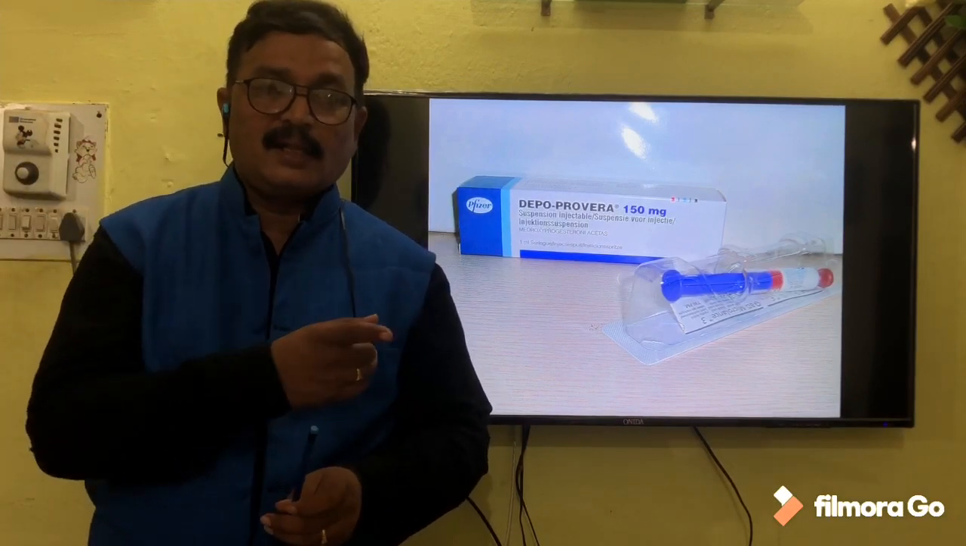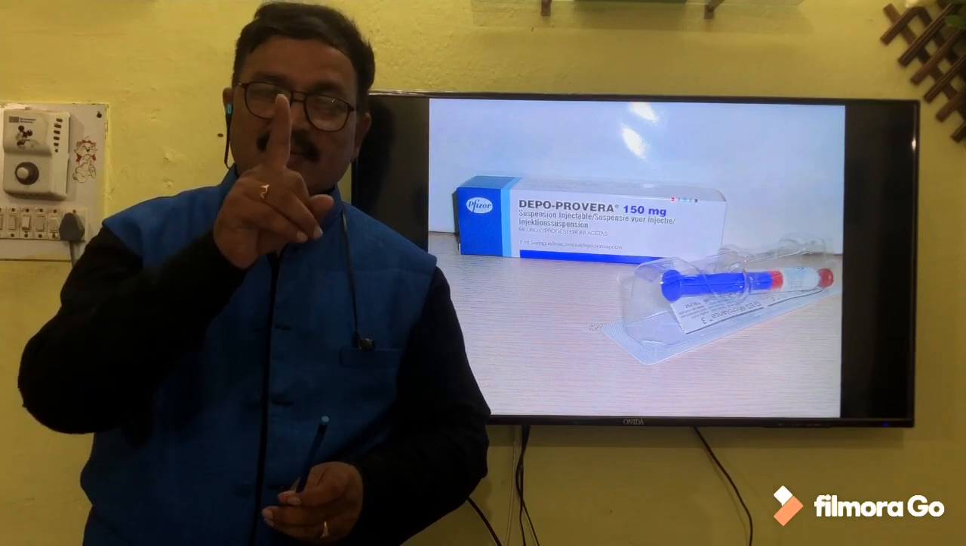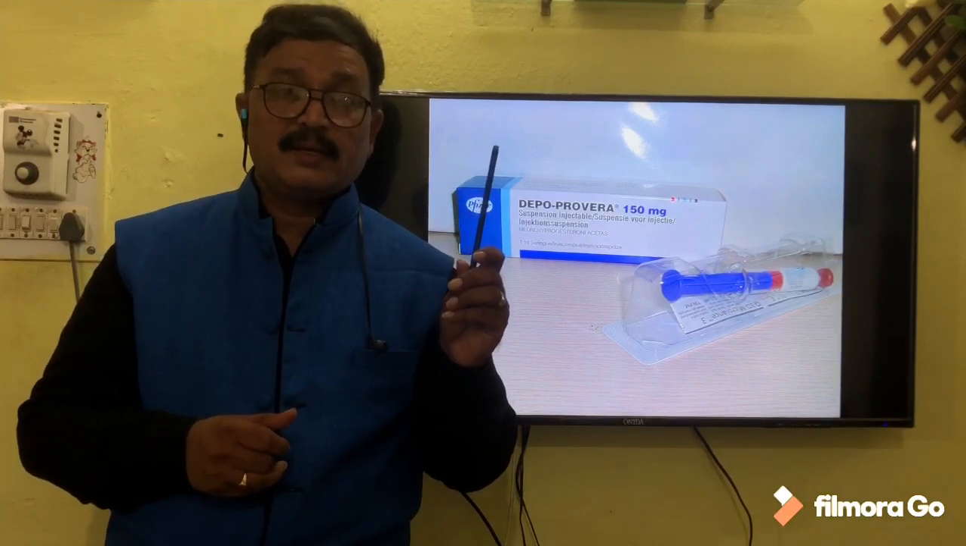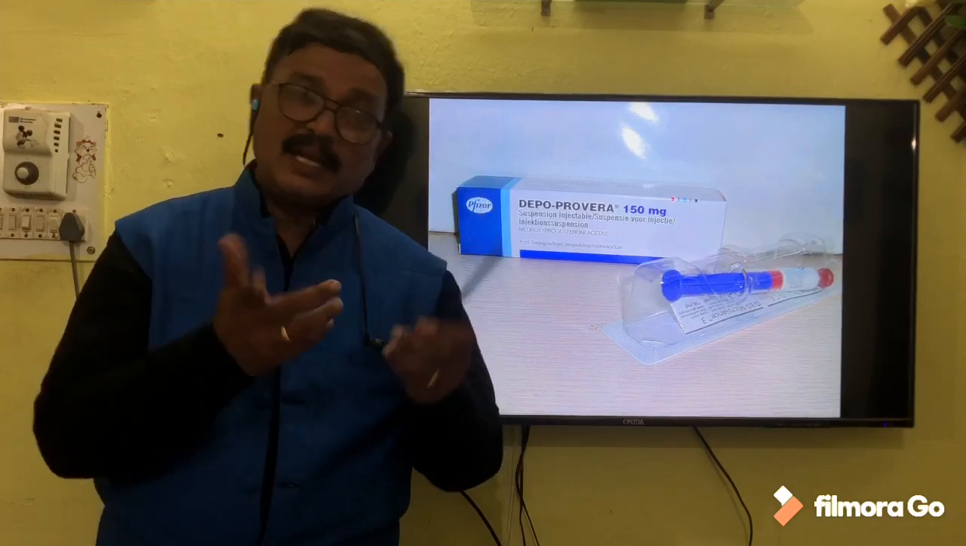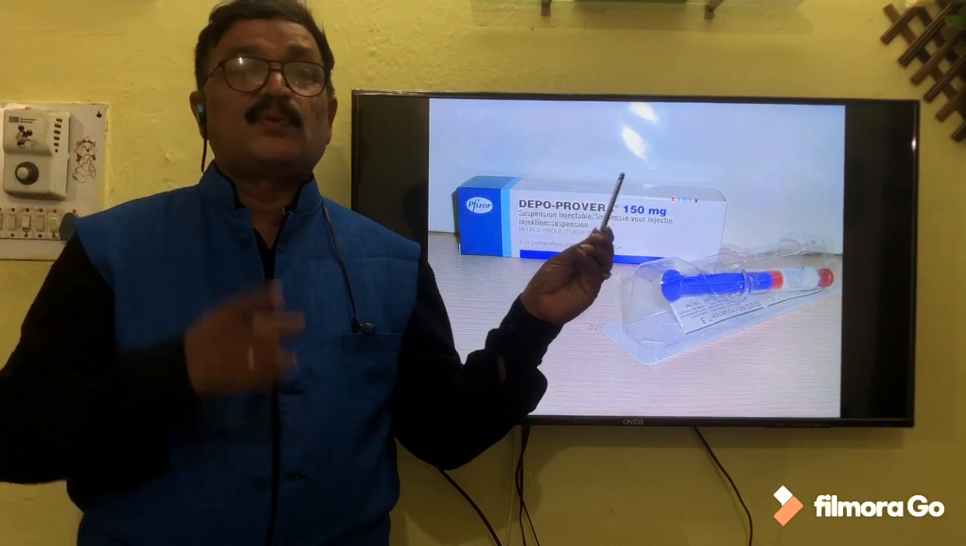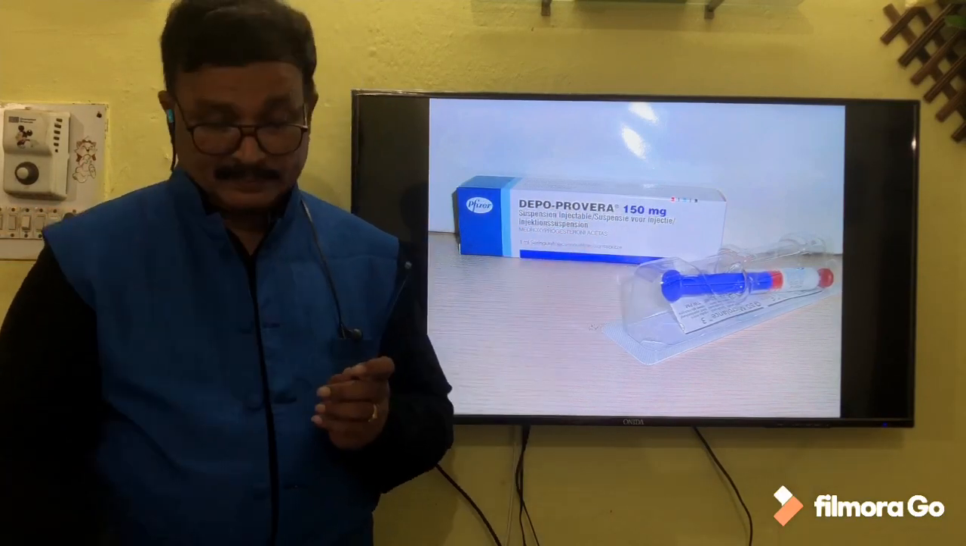You see, all these hormonal methods are meant for females only, whereas the previous barrier methods, condoms, are meant for both male and female. But here, hormonal methods are employed only for females. Remember. Now,